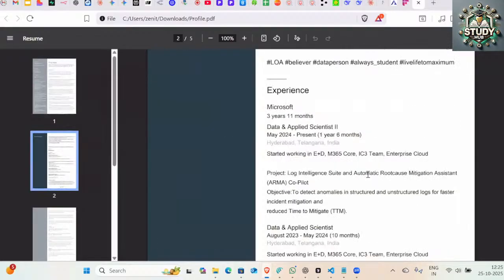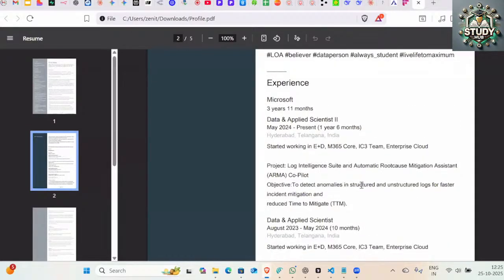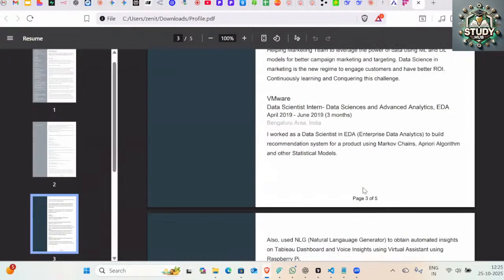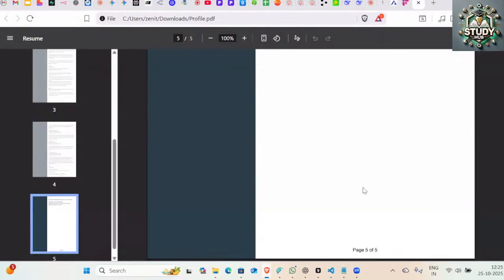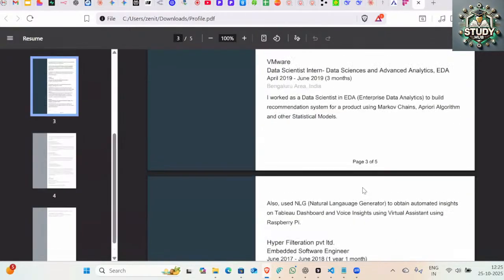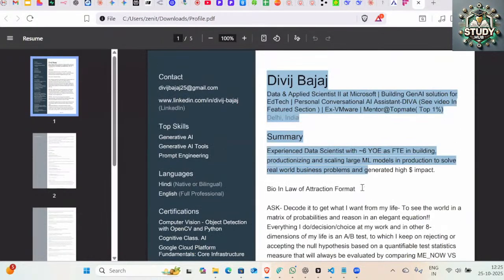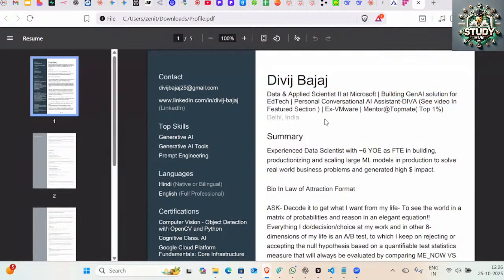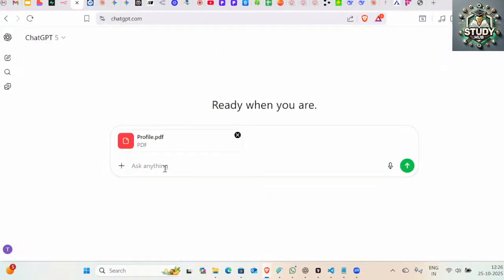It's quite long. This is not the actual one which you will give to the recruiter or any website, because it has everything that you have put on LinkedIn. That means you have a richer context about you and your certifications, if you keep on updating your LinkedIn. I don't know if you are doing so. If you are, then it's a good start, or you can upload your resume so that the model knows.